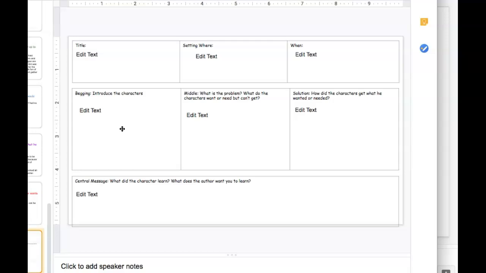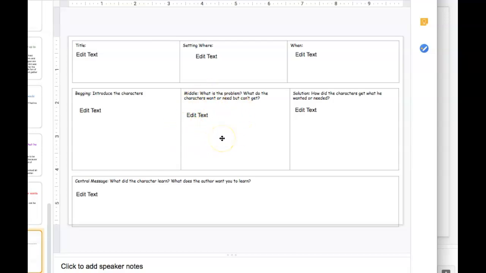locate the central message. We have put the title of the book here. We put the setting of where is this story taking place? When is this story taking place? Like in time. What season is it? So we're going to look for that. We're going to look for the beginning of the story. Remember, the beginning is the introduction of the characters. We've already added the setting here, so we know it's the setting and the characters, but right here we're going to add the characters. The middle, once we find the character that has a problem, we're going to put it